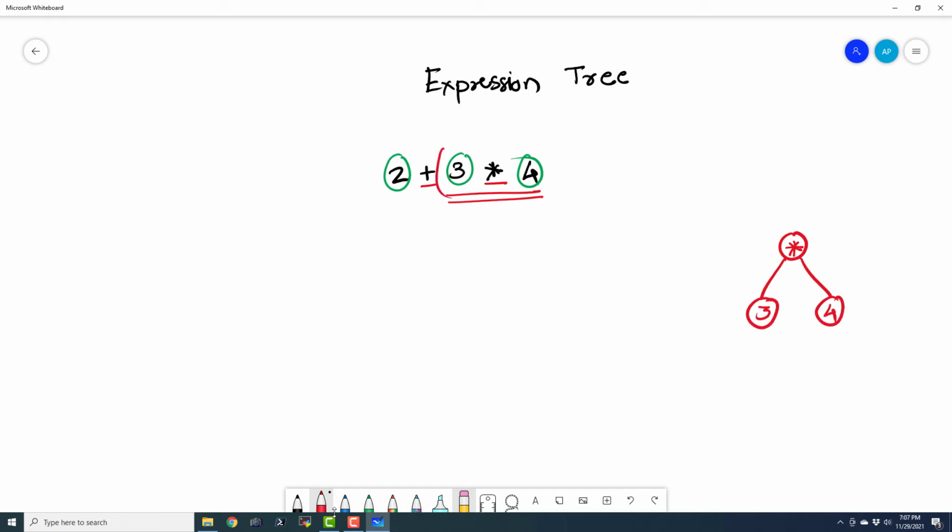This is the subtree that I am highlighting here. Now I have to draw this part, and that is also easy. I am going to have plus, and let us connect these, and like that. So this is the expression tree for this mathematical expression.